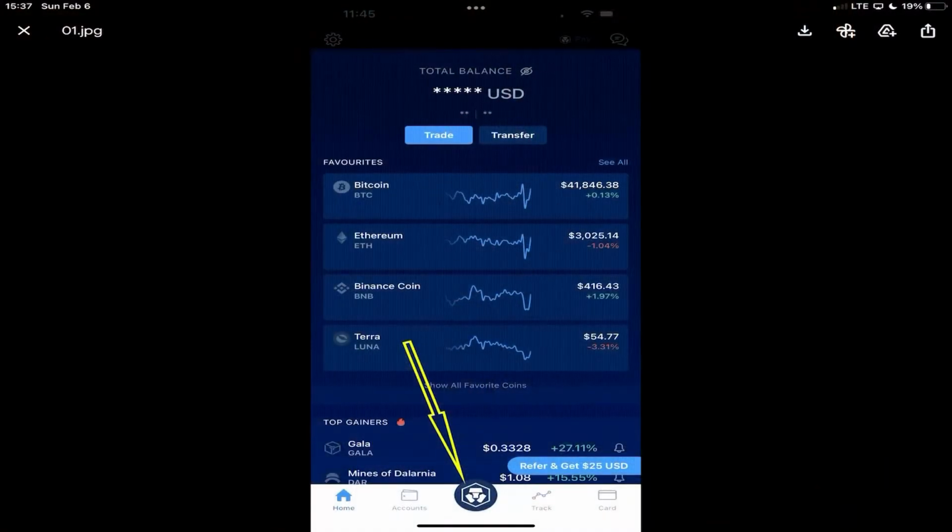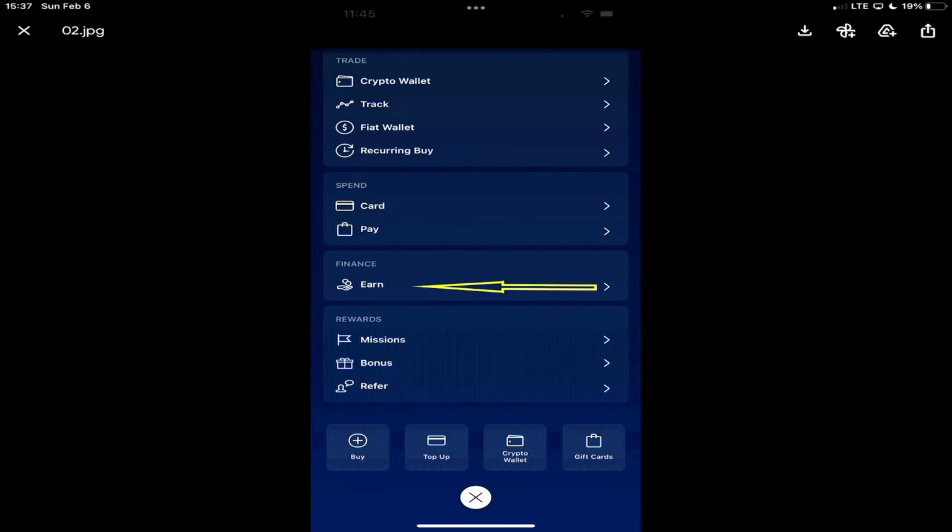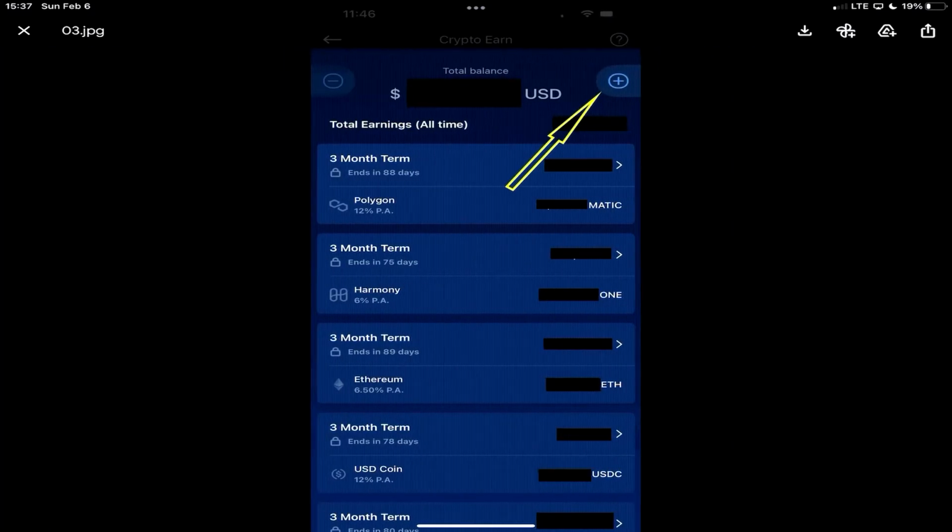All right, so let's jump over to our Crypto.com page and take a look at what we've got. Here's what you see on your phone with Crypto.com. To start this process, at the bottom, select the little CRO symbol, and it's going to take you to another page. As the arrow's pointing out, there's an Earn tab that you can choose, and it takes you to the arena where you can start to stake. From this page, at the top right corner, you hit plus to add a staking agreement. This is like initiating a contract with them.